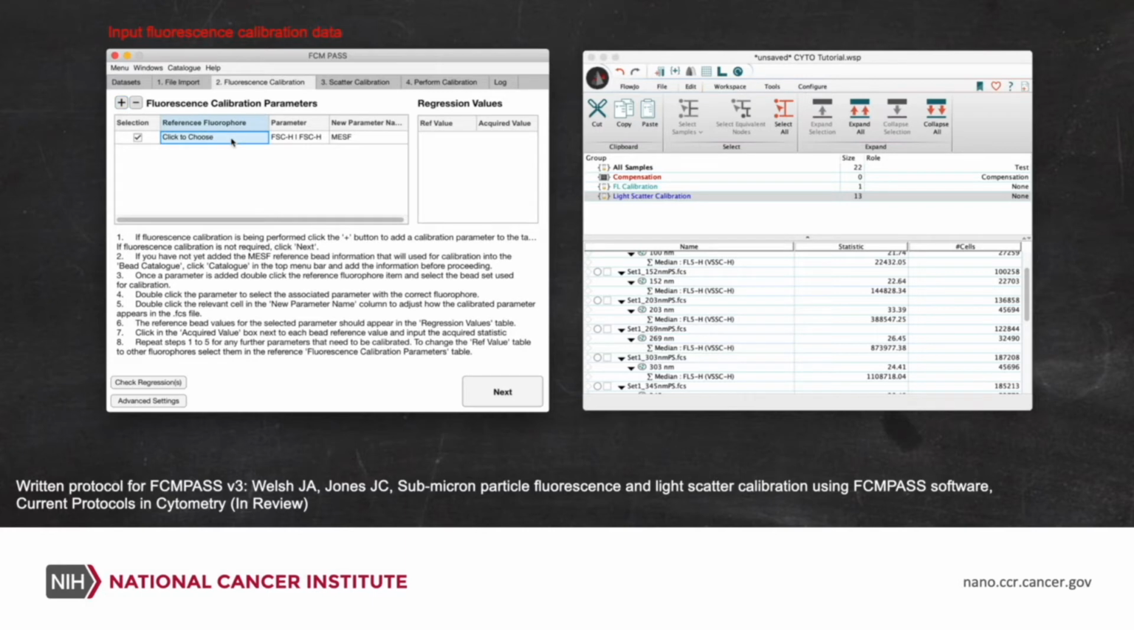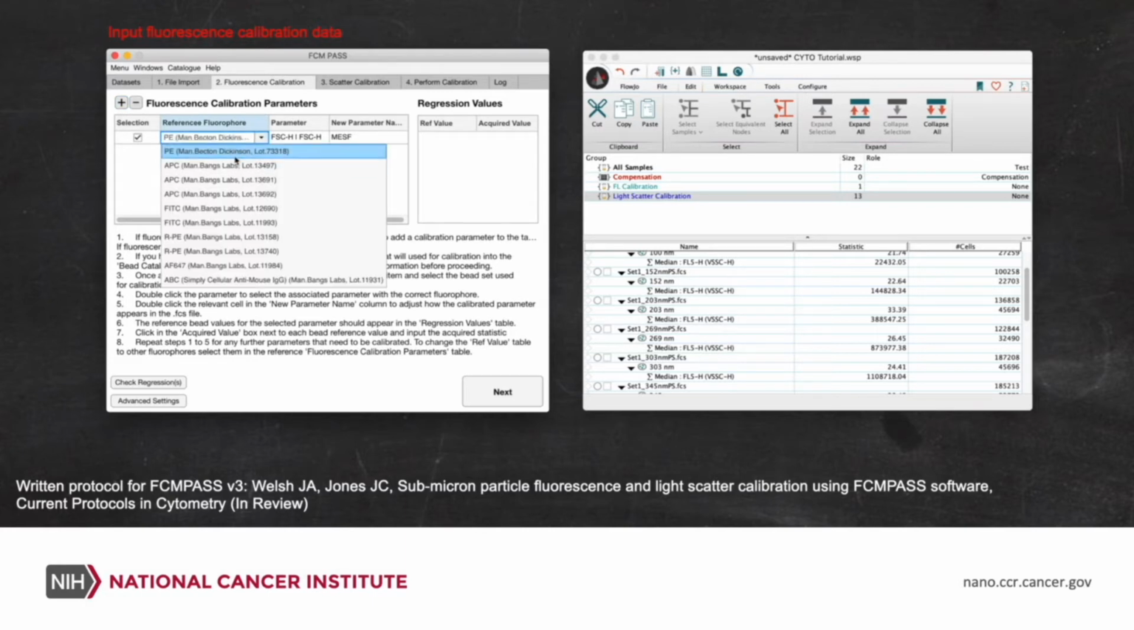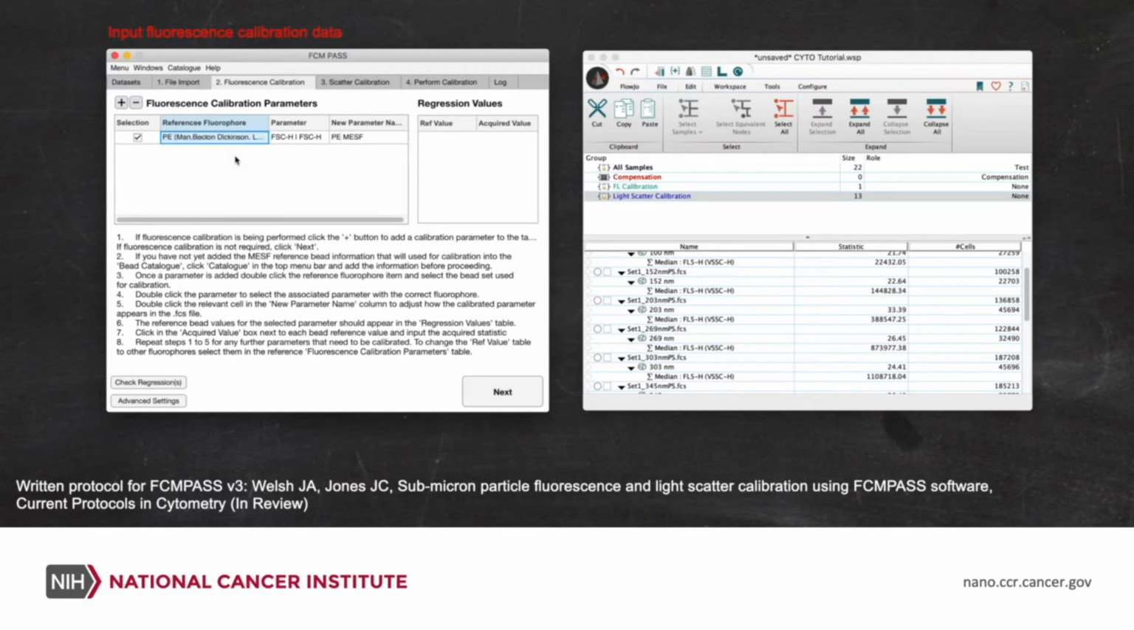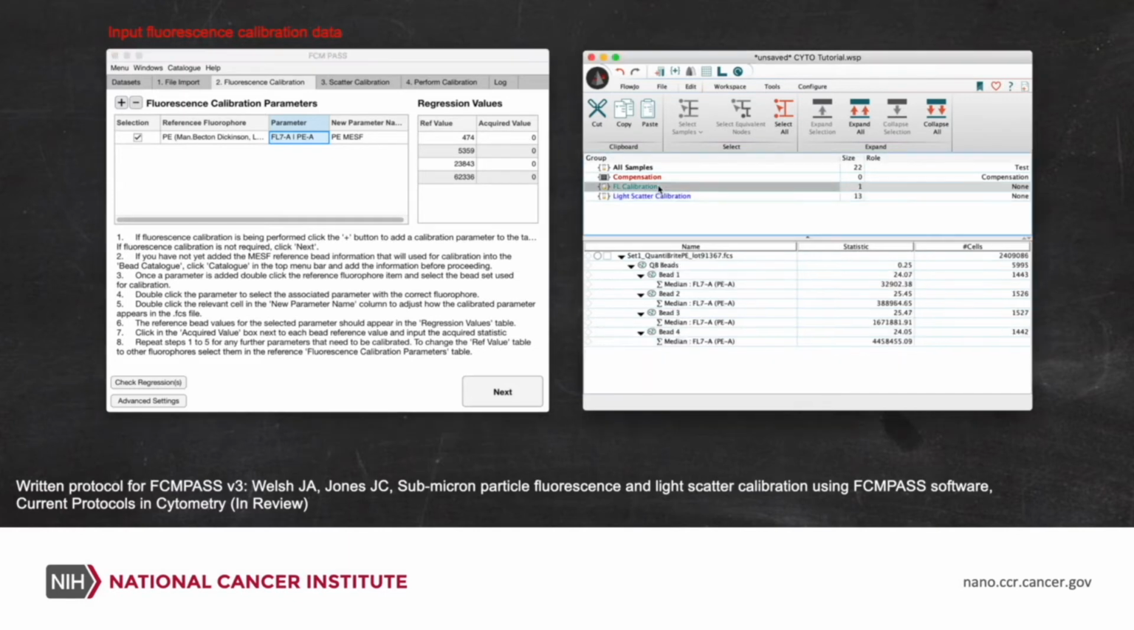So we can add as many of these as we like. So from our catalog, we'll pick that we want to perform a calibration using these PE MESF beads. The Quantibrites, you can see that their reference values have appeared on the right. We now select the channel that was relevant for those PE beads. And now we'll go to our data and put in the median statistics for each of the populations for the